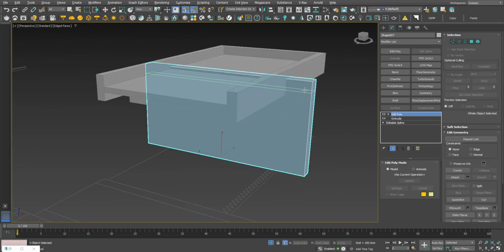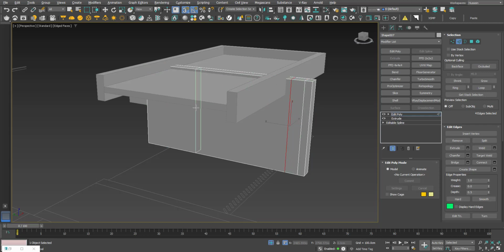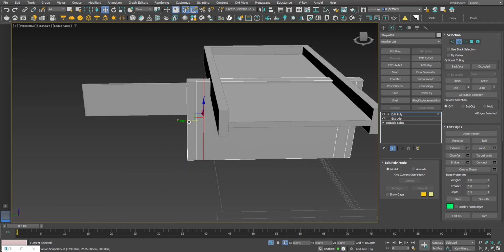Add Edit Poly modifier and click Alt+1 to make Swift loop. Double-click on the edge to make a loop.